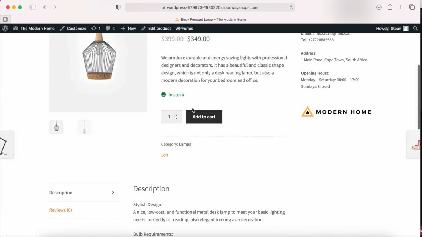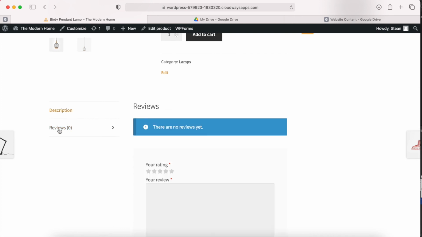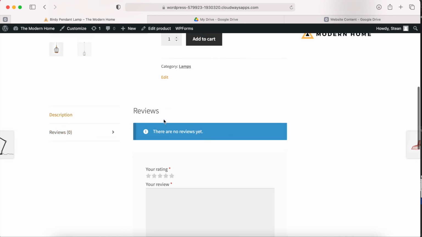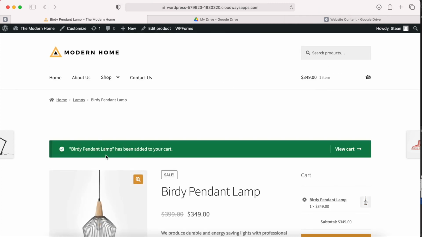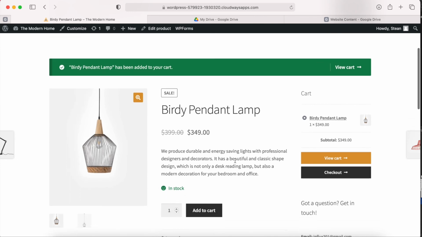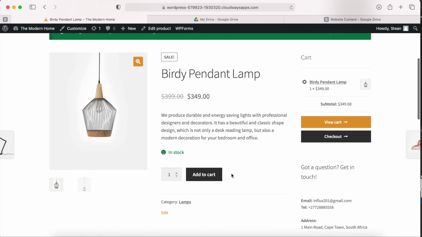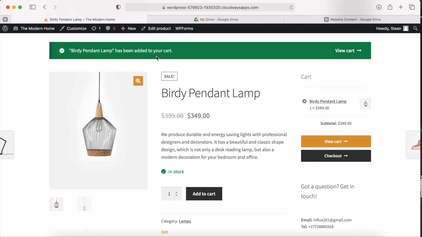Now they're yellow. And one other thing that I noticed is if you go to click on reviews, you'll see this blue bar. And if you add something to cart, you'll also see this green bar. And these colors on these bars are not the same as the colors on my website. So I want to change that to the same color as this button. But there's a problem because there's no way in the customize tool or in the theme settings for us to